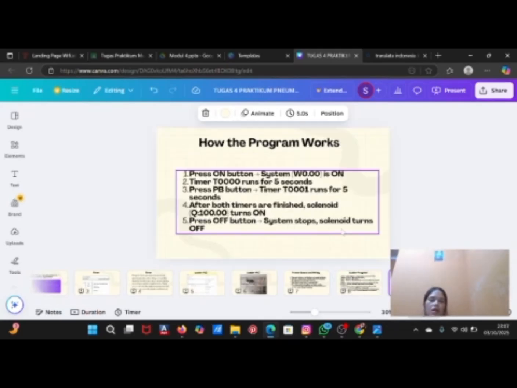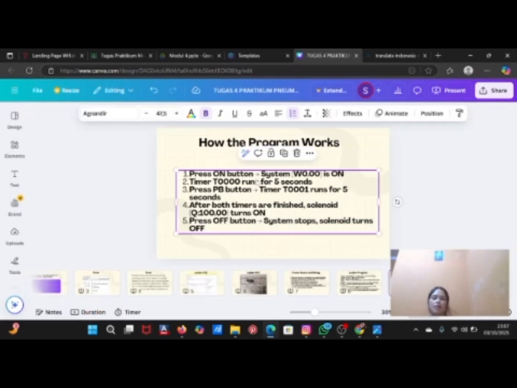How the program works. Press the on button, the system starts.